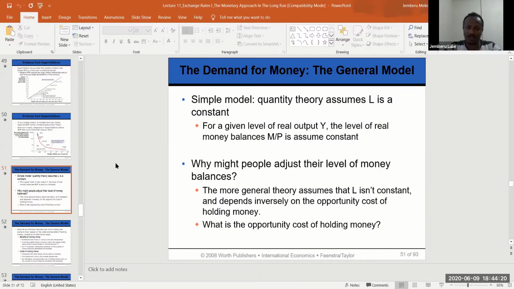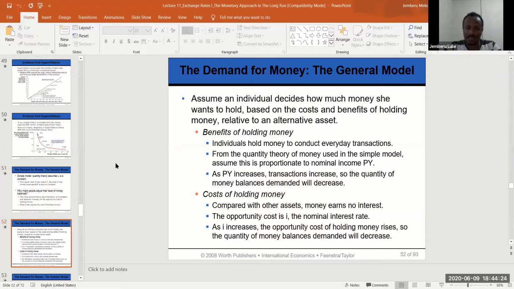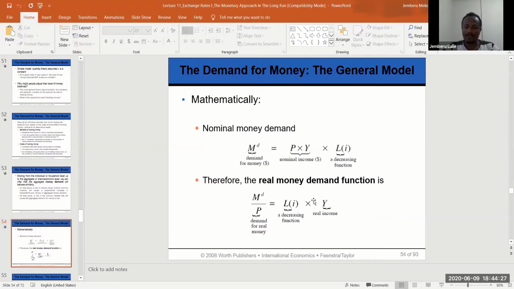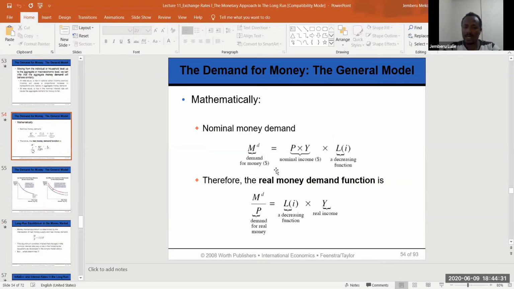You will see the discussion in monetary economics, but I will summarize it for you; it's not a big deal. We know that money demand is proportionally related to nominal income, or GDP, because if GDP is higher, for transaction purposes we need more and more cash, no doubt about that, so the demand for money increases. But there is also another determinant of the demand for money, which is a function of interest rate. It comes from the Keynesian theory. Later, in monetary economics, you will learn many theories: the classical theory of money, the Keynesian theory of money, the Friedman theory, and so on. So in the classical context, almost